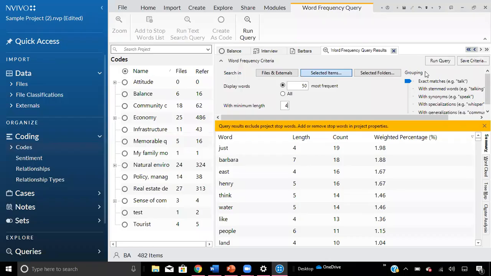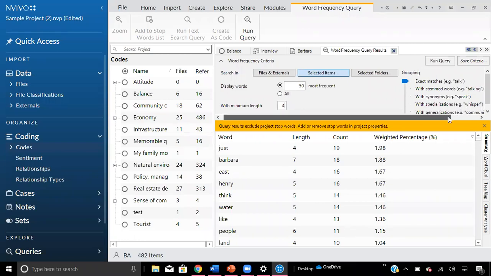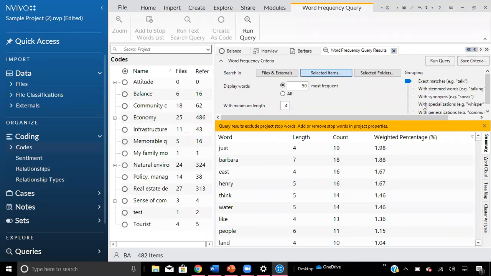And you can also select over here how specific you want the matches to be, if you only want exact matches, or if synonyms and other generalizations are okay. I'm going to leave it on exact matches.